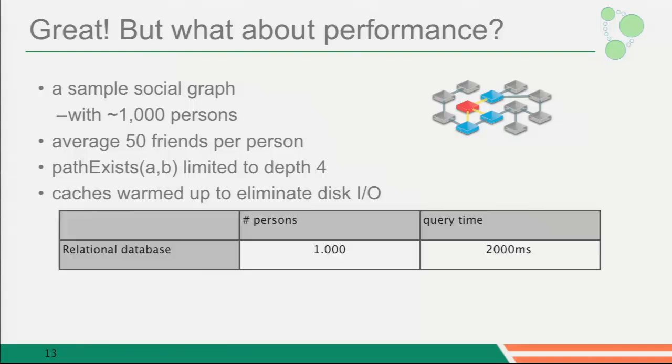And we did that with a relational database, which shall also go unnamed in this scenario. With 1,000 people, that was a 2,000 millisecond performance. And let's reflect on that a little bit. 2,000 milliseconds is enough so that you can't use it at runtime. If you're rendering a page like Facebook's newsfeed or LinkedIn's first page, you can't have 2,000 milliseconds. You need to have probably 50 or 100 milliseconds in order to render a web page in real time.